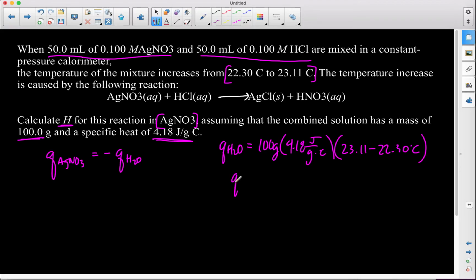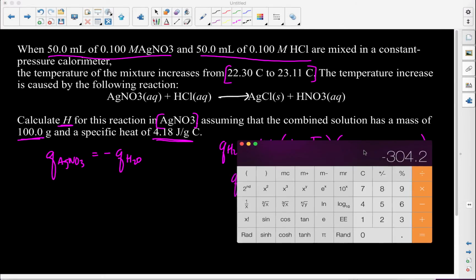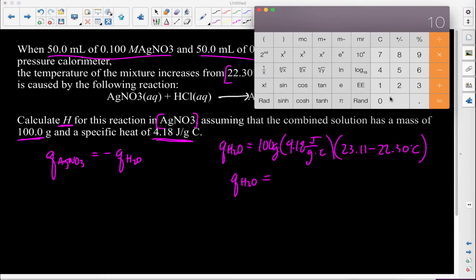Which means that the Q of my water is equal to 100 times 4.18 times, what am I looking for, 23.11 minus 22.3. So we get 338.58